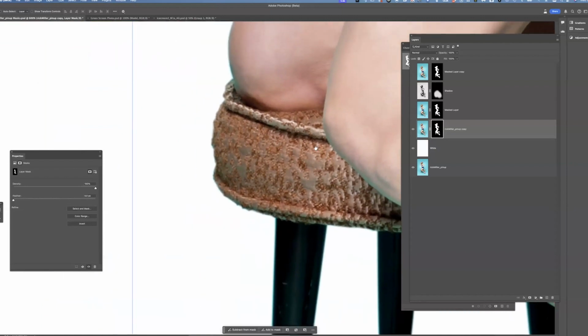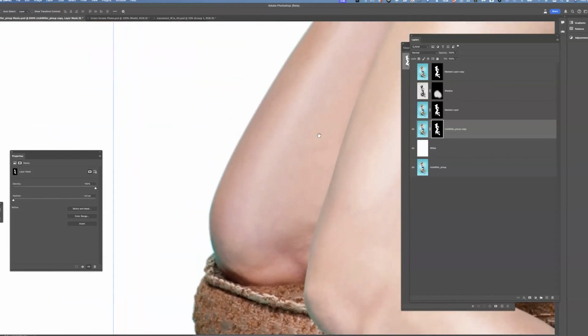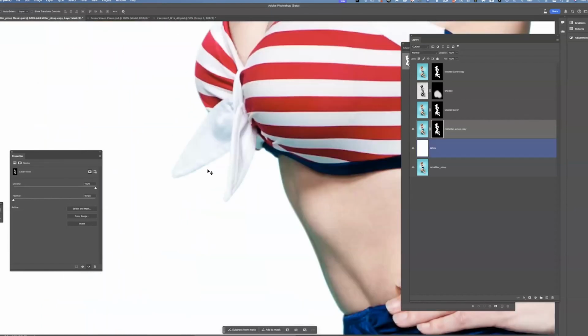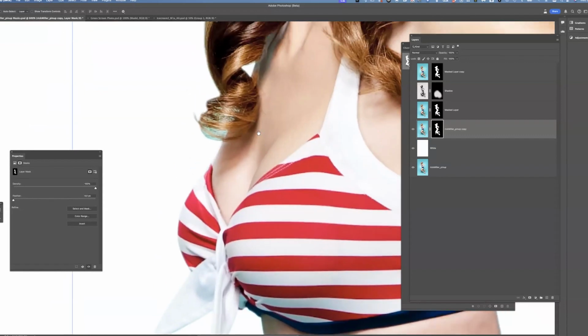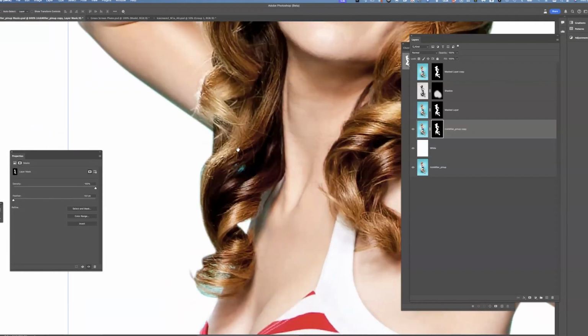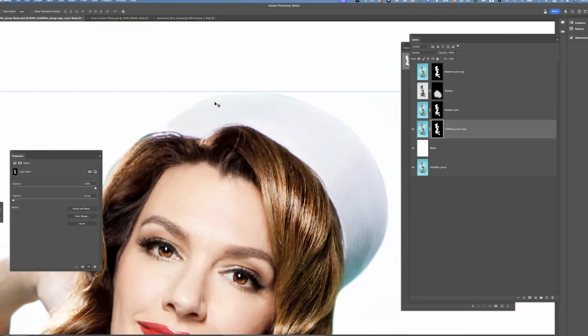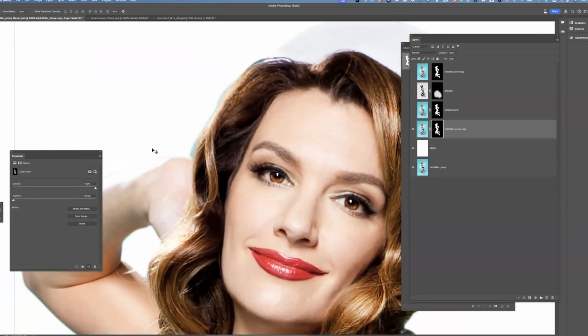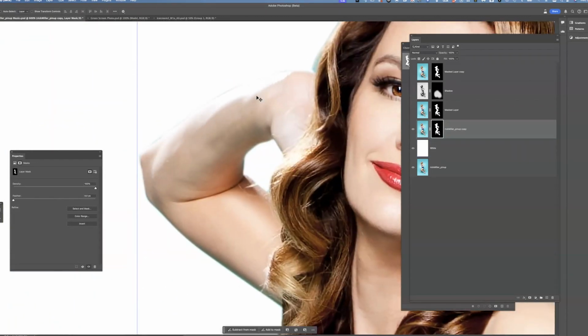My layer mask, my pen path wasn't perfect, but it was pretty good. But again, you see the blue outline around here. We've got some stuff going on in the hair. Hair is a whole other story for this. You can see I just kind of got close to the hair, but there's lots of errors in my mask. So the thing I want to show you first is an easy way to clean up these errors in the